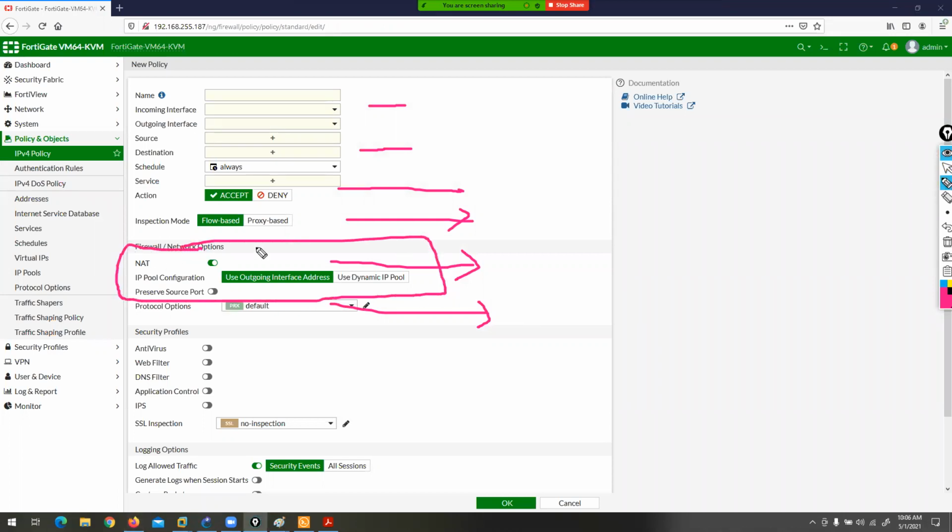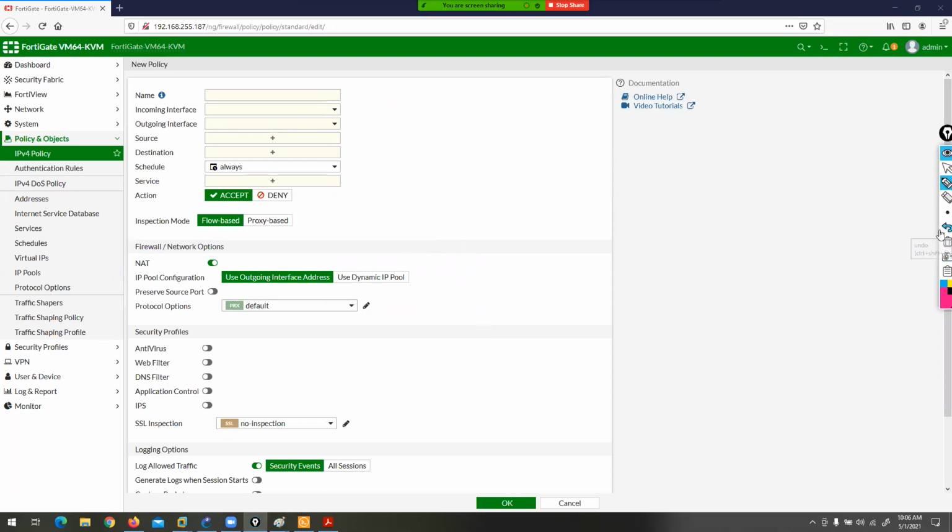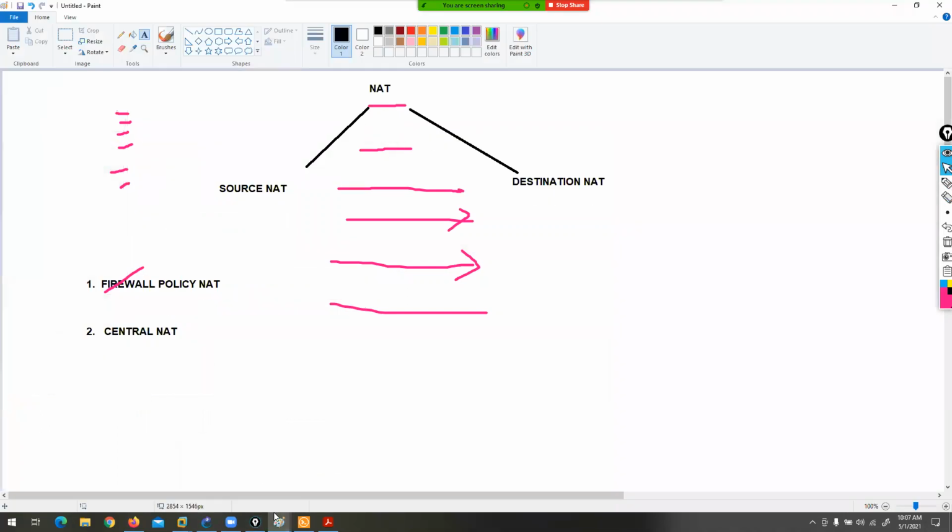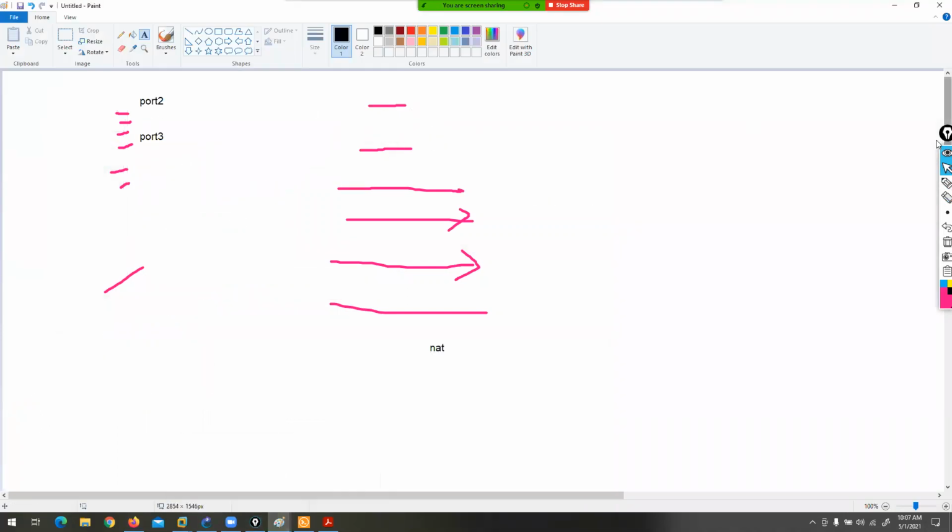We need to define it in every rule. This is our first rule. In the first rule, you can define your incoming, outgoing, source, destination, schedule as per your requirement, services, NAT. Again, you are creating a rule, with the same port numbers, but this time for specific services, to allow specific services, specific application, specific URL, specific URL categories.